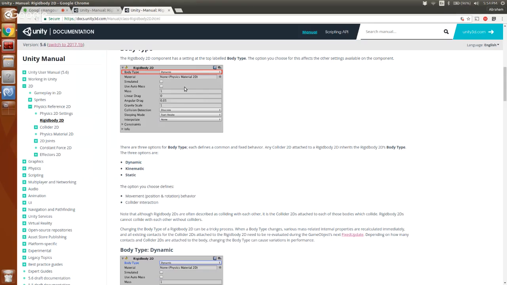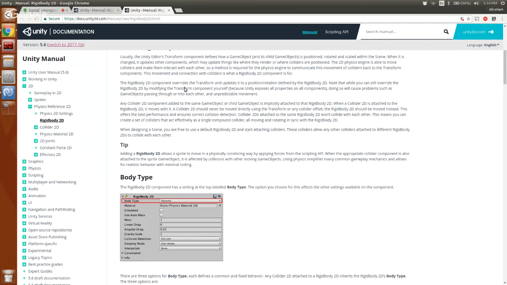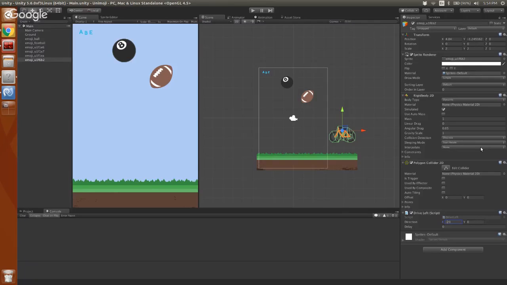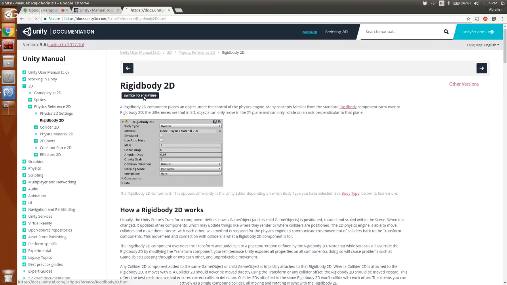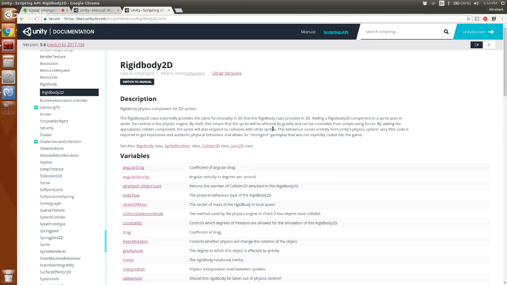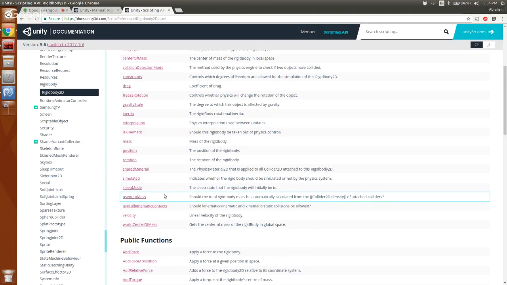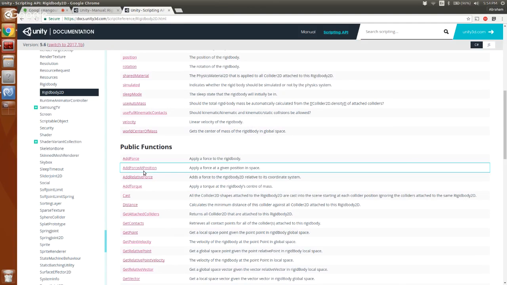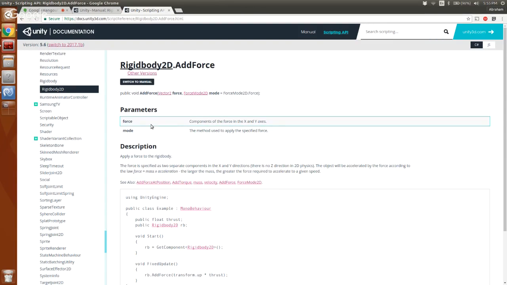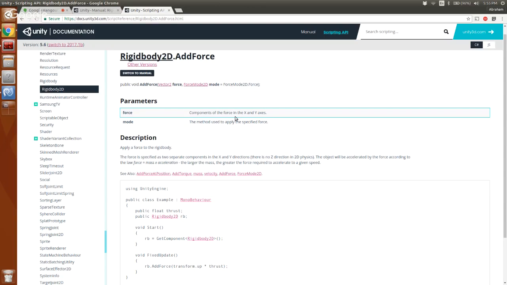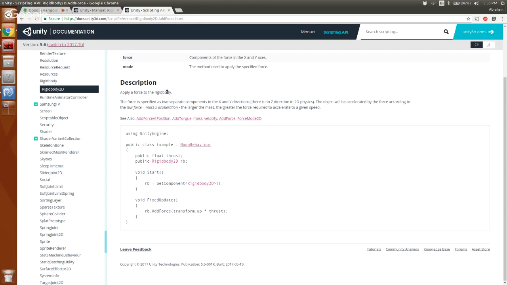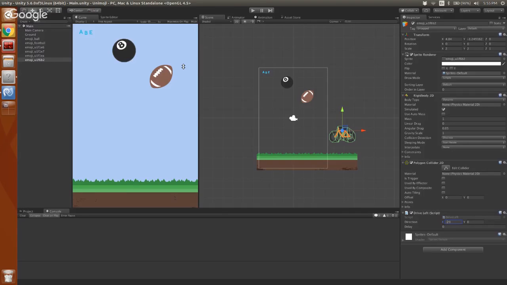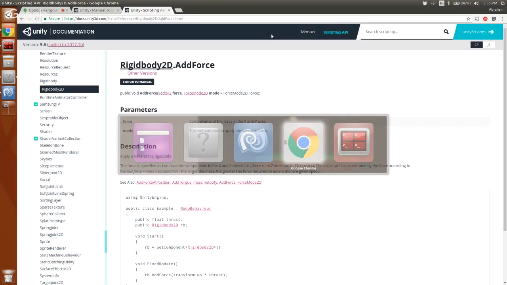One important thing is that this is for people who are just looking at it in the inspector. But if you hit switch to scripting, it'll change to the programmatic reference to a Rigidbody. So anything you want to do related to programming, changing properties, adding a force like we did, we can go here and say, all right, here's Rigidbody 2D AddForce. That's the method we called. Here's what that takes. It's all right here in the documentation. The documentation is really good.